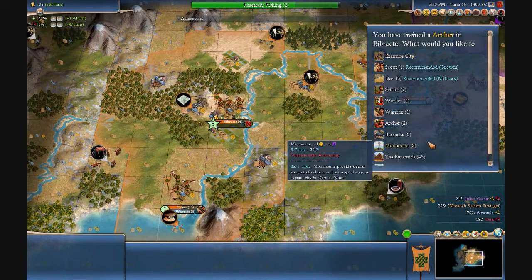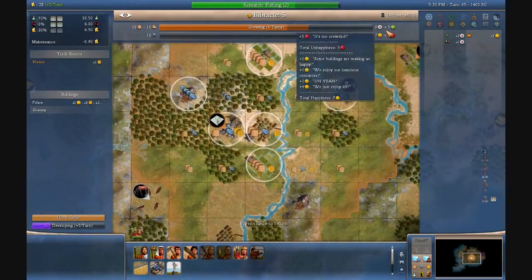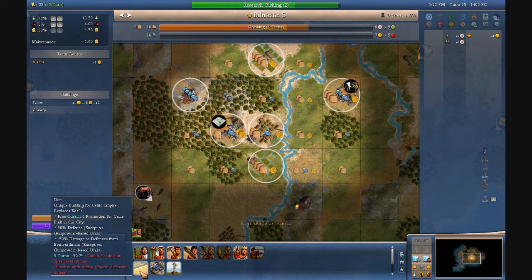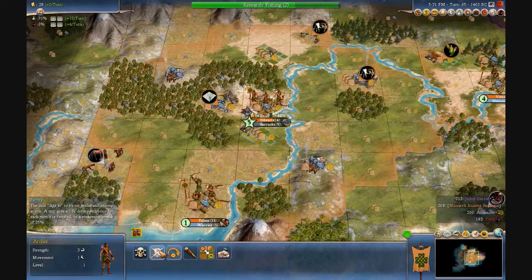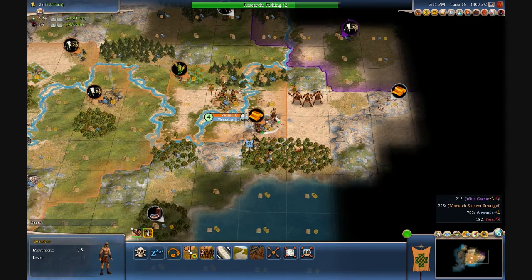Alright, got my garrison in Bibrakte, and now I'll grow to my happy cap before I begin producing settlers and workers again, but actually, that may not be a great idea because so many AIs around me could, in fact, probably will gather that. And since there's only really one tile that I'd be working that produces enough yield, I'll grow one more time. And I'll just build a barracks real quick before I begin producing settlers and workers again. Now, let's see,